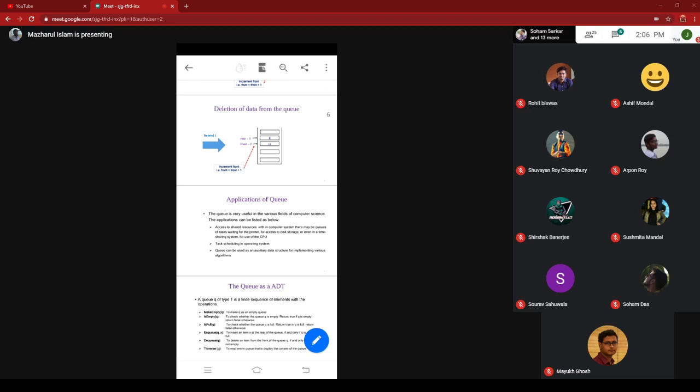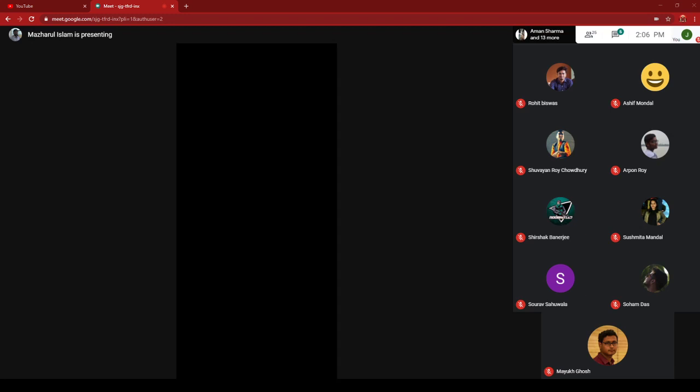If you print multiple documents in a LAN network, with different computers connected to a centralized printer, all the requests will be stored in a queue, and printing will be done on a first in, first out basis. So this is an application of the queue.